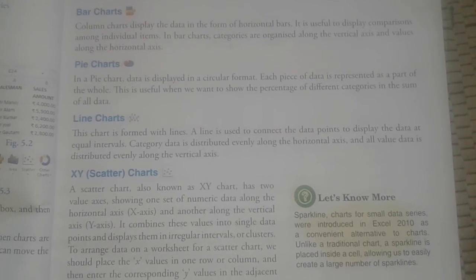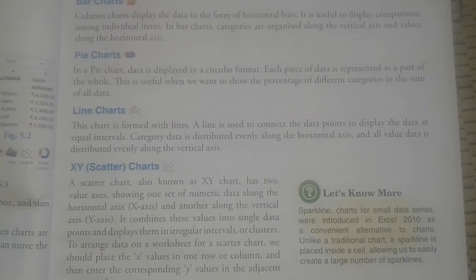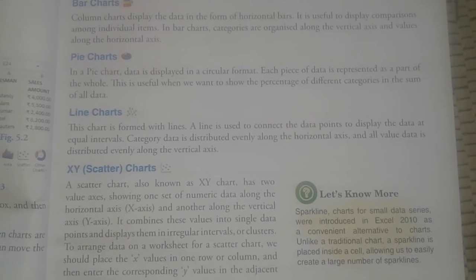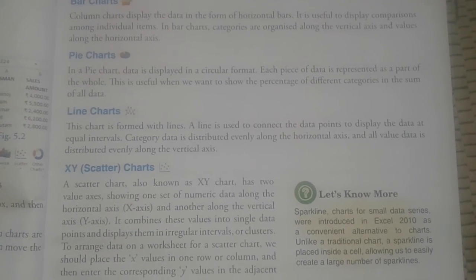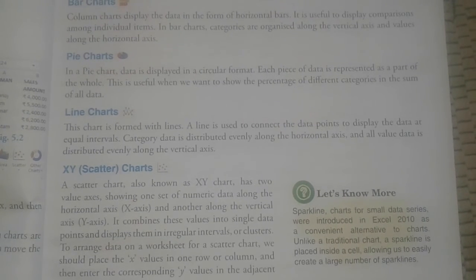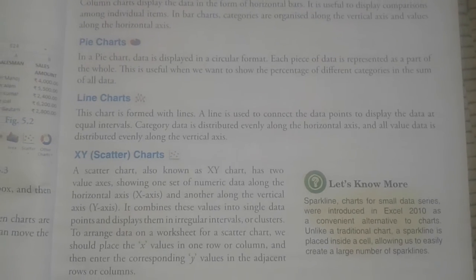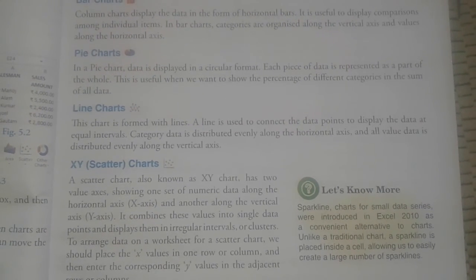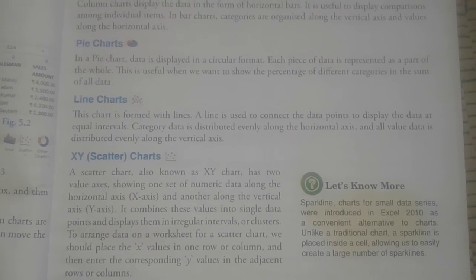The last one, doughnut chart. What is a doughnut chart? It looks like a pie chart. Doughnut chart shows the relationship of parts to a whole. It can contain more than one data series, whereas a pie chart contains only one data series. In a pie chart, you can represent one data series, but in doughnut, you can represent so many data series.